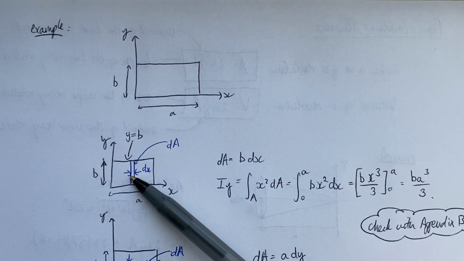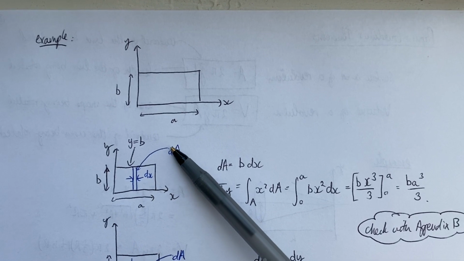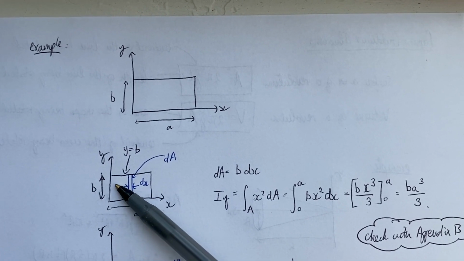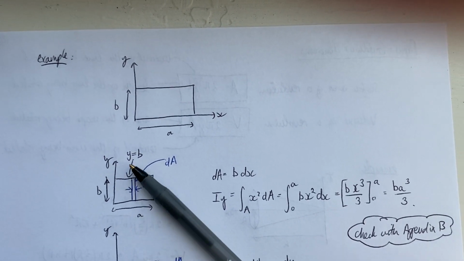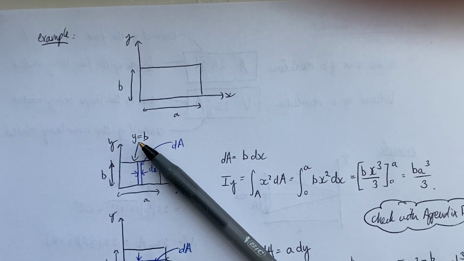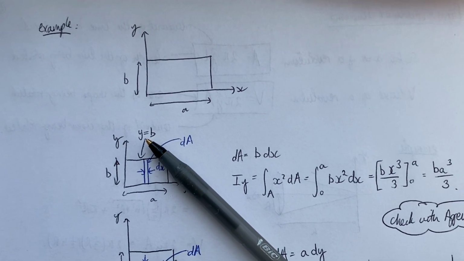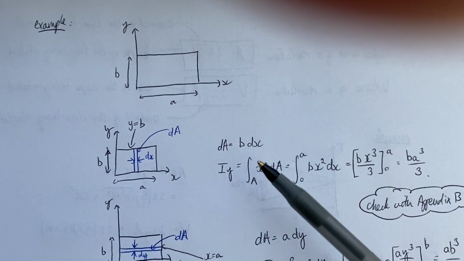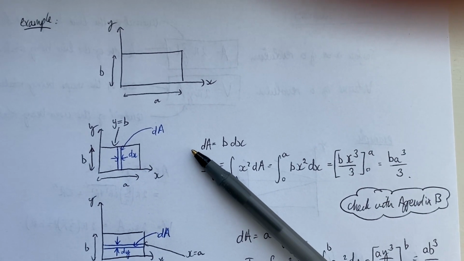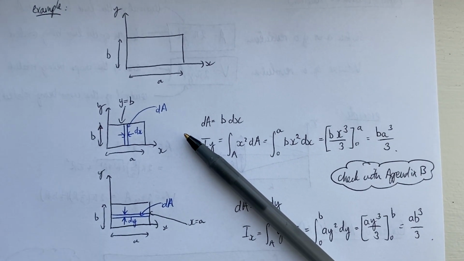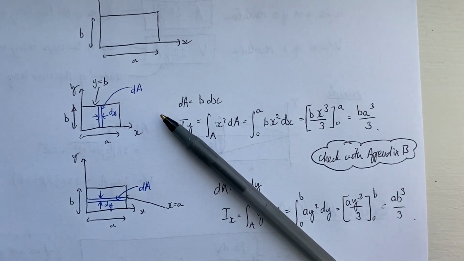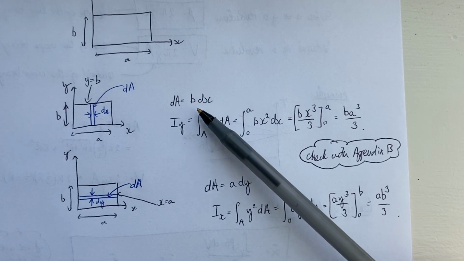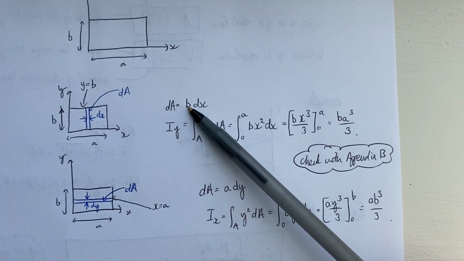So each strip of width dx has area dA. The top of the rectangle is defined by y equals b, right, because the rectangle is of height b. So then we can just write dA as the width times the height. So the width of each strip is dx, the height is always b, so therefore dA is just b dx,